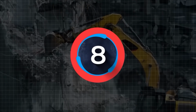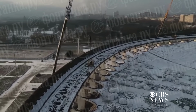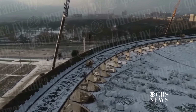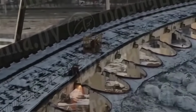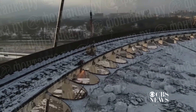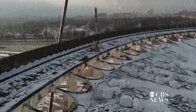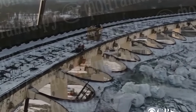Number 8. And here is the saddest entry of the video. In January 2020, during snowy weather in St. Petersburg, Russia, workers were removing the roof of a sports complex. A drone captured intense footage of a man using a blowtorch to cut metal supports. Most connections were already dismantled, but when he cut a crucial metal cable, the heavy roof came down on the